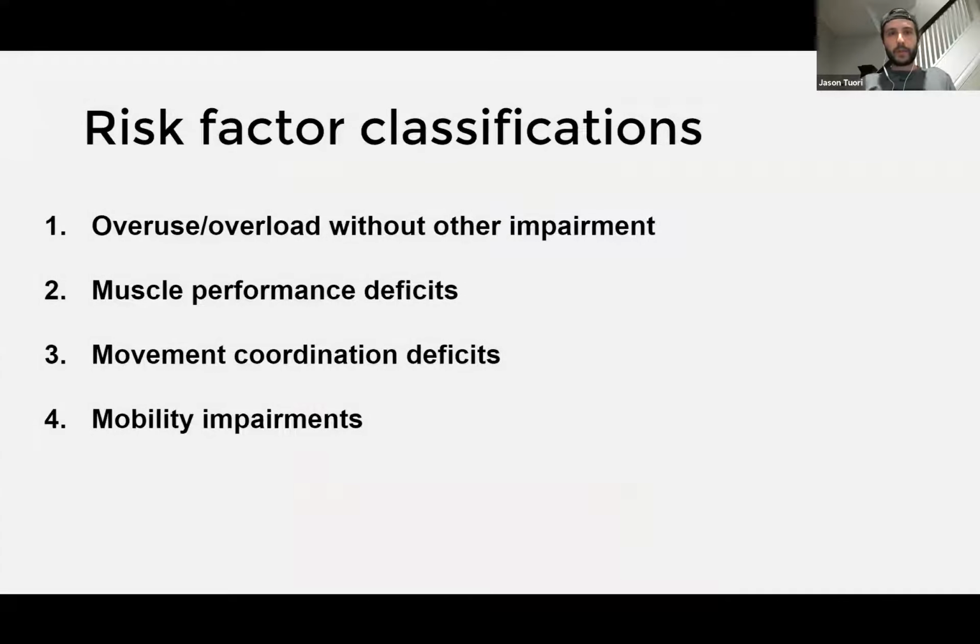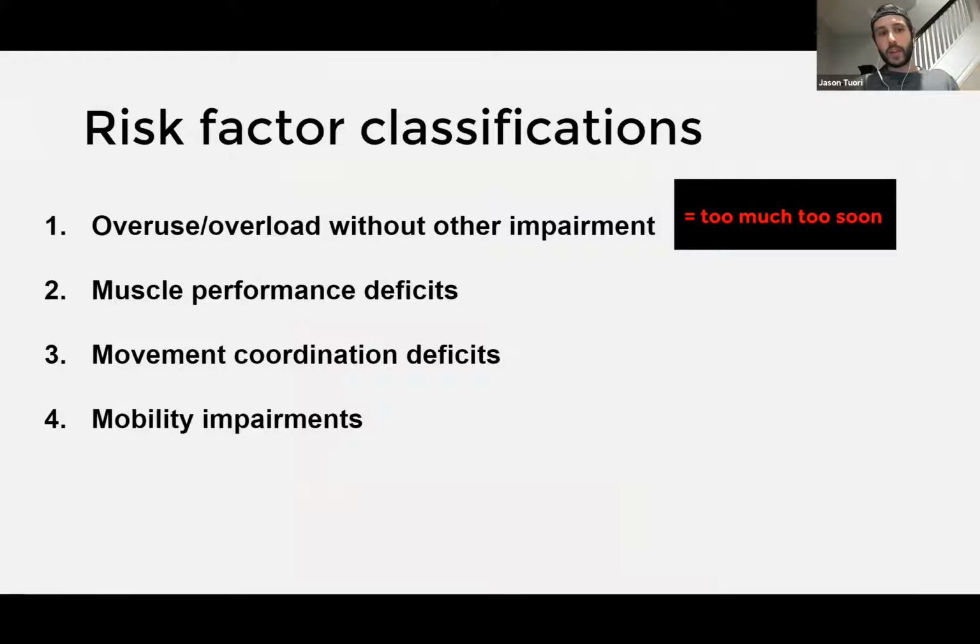So we have different risk factor classifications for developing patellofemoral pain, much like with the development of general running related injury, where we have multiple different pathways where we can get there. It's the same type of thing with this specific pathology. There's a lot of different characteristics that can take you and get you to the same place. And oftentimes a patient is going to have a couple of these, not specifically one category, but they're broken up